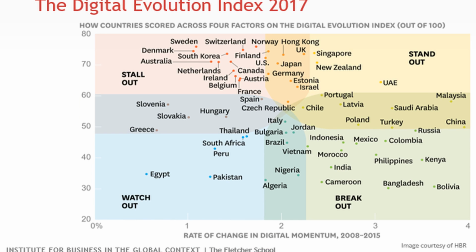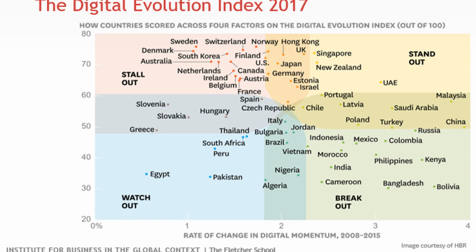And the reason why both these measures are important is, say for instance, if I'm trying to compare India with Sweden, it doesn't make any sense. Why would I compare India with Sweden? Sweden is in a very different socioeconomic phase than India is. But perhaps a different way to look at India is how quickly is India moving relative to Sweden. And that gives me a different read of what is happening in terms of the digital activity. And so this is how this map is organized.